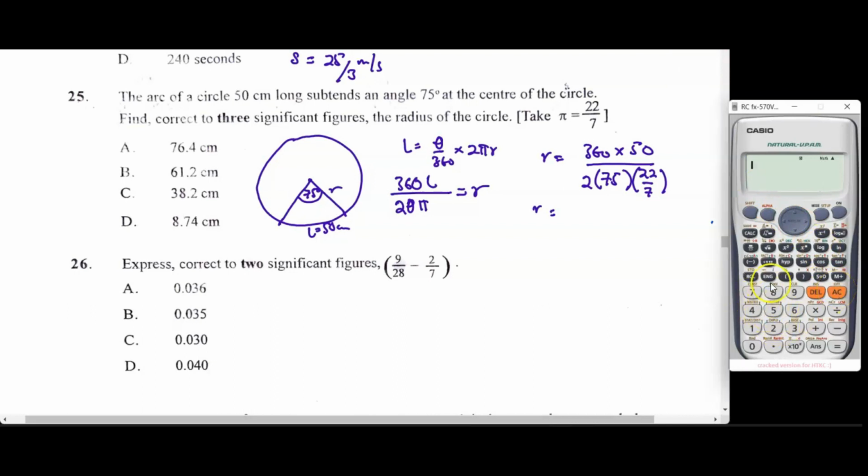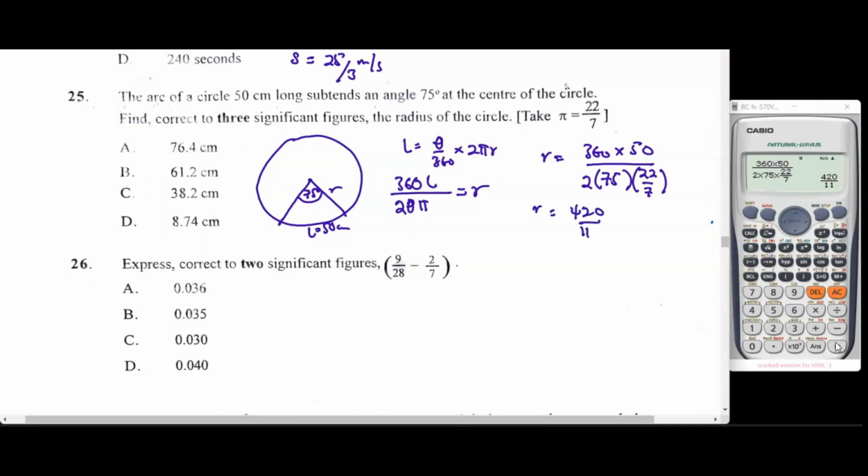So we have it as 360 multiplying 50, then the denominator we have it as 2 times 75, then multiplying 22 on 7. Good. So equal to, then it gives us the answer as